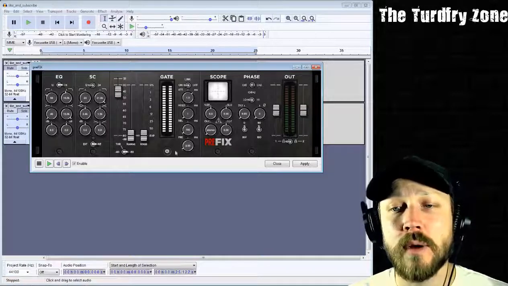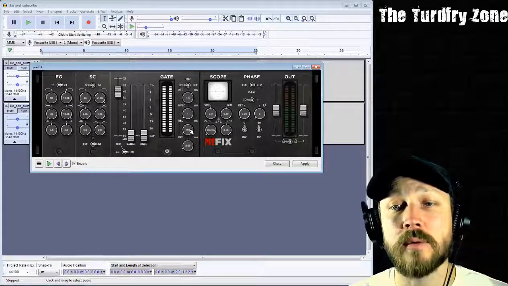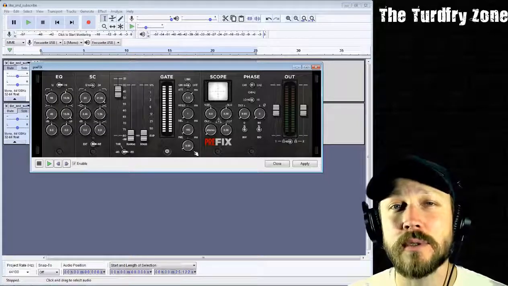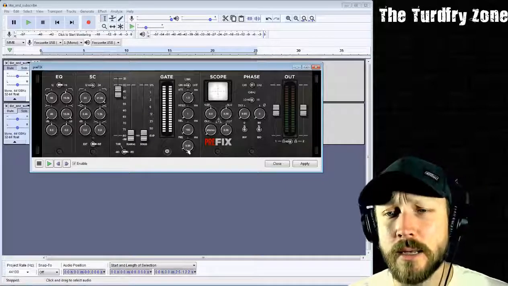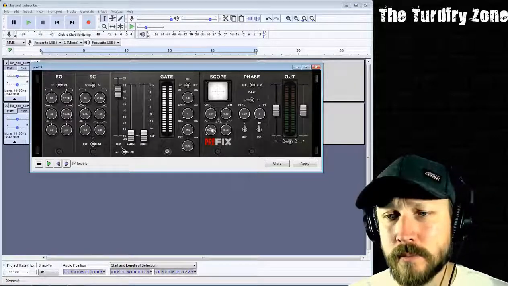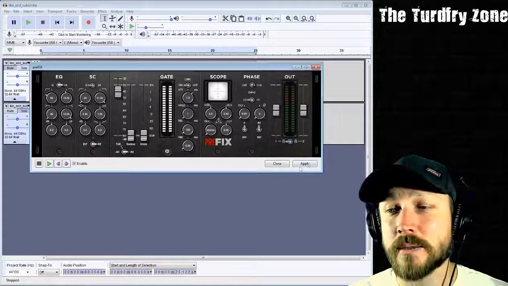So you can tinker around with all of these, but I have these set for 1.5 milliseconds, hold at 1 millisecond. We've got the release at 100 milliseconds, so it doesn't cut off too soon and kind of affect breaths in any way. And then we've got the pre set to about 1 millisecond. Again, all the other options are disabled right now. So let's apply this.